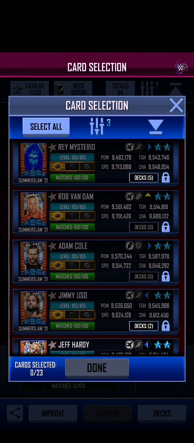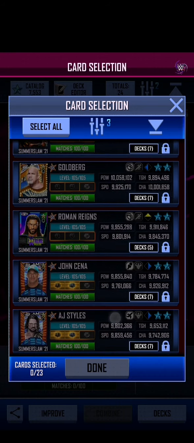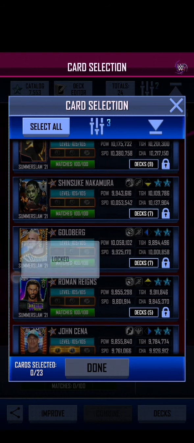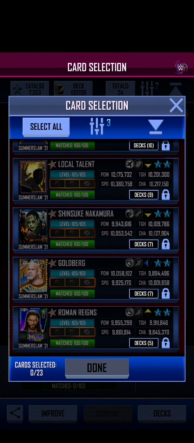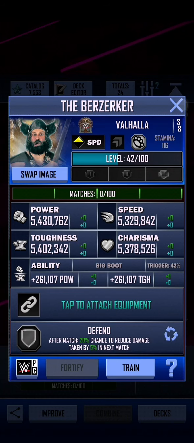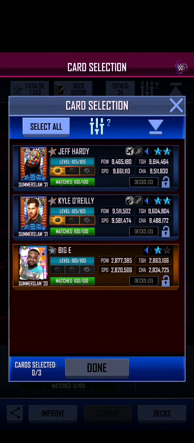And Jeff Hardy. I quite like my Adam Cole because he's not in WWE anymore, because he's in AEW. And I've always been a fan of Adam Cole. And the Rob Van Dam is still pretty strong, so I mean, if we get a Fortified 2 of him, he might go into some other decks. You know, he might replace that Roman Reigns, or even if Roman Reigns ever loses the title and he doesn't have that little bit up there in the corner, he might lower down a little bit. So I'm going to keep the RVD for just now, and I'm going to keep the Adam Cole simply because I like him. So we can now train and go into Unlocked, and let's get rid of the Kyle O'Reilly